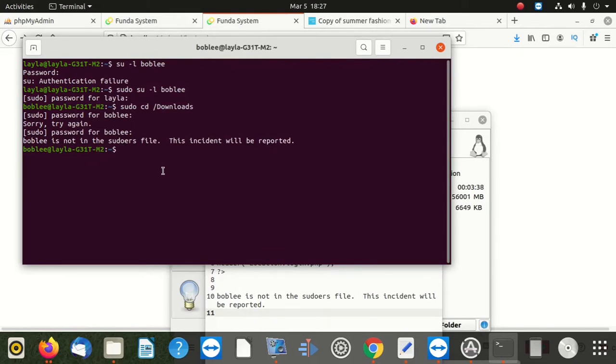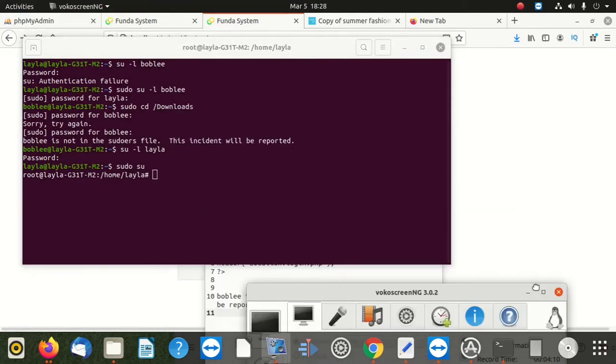So I'm gonna switch on to another user, which is the sudo user, su -l, then it's gonna be Layla. When we log in, then we log into him, to her. So, okay, we say enter. Once we enter, we're on Layla. On Layla, we're gonna say sudo, then we are in as Sudoers. So now, once we have that power ourselves, what we're gonna do is we're gonna give that power to somebody